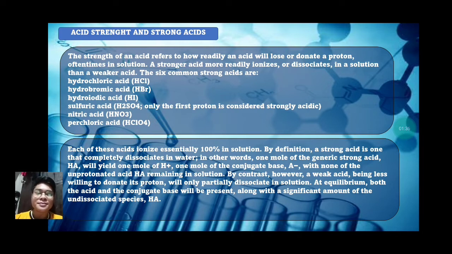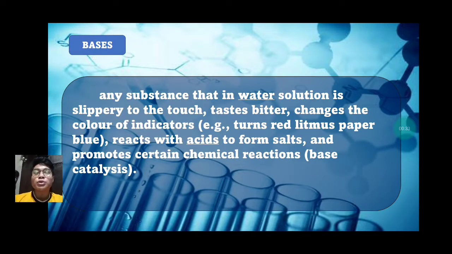Bases are any substances that in water solution are slippery to touch, taste bitter, and change the color of indicators, like turning red litmus paper to blue. They react with acids to form salts and promote certain chemical reactions, or base catalysis. When we hear the word base, it doesn't ring a bell because bases are not as commonly talked about, unlike acids, where we hear of muriatic acid and know it hurts. But bases are